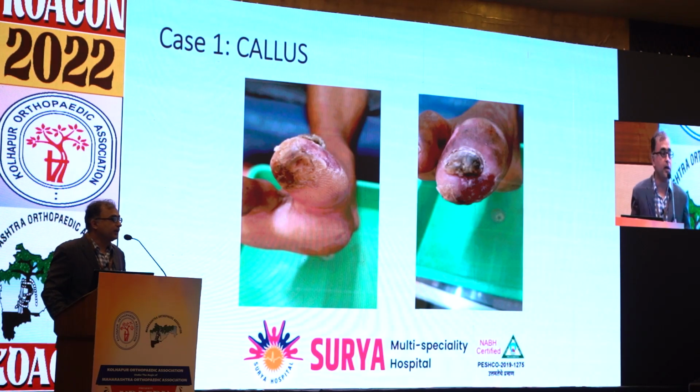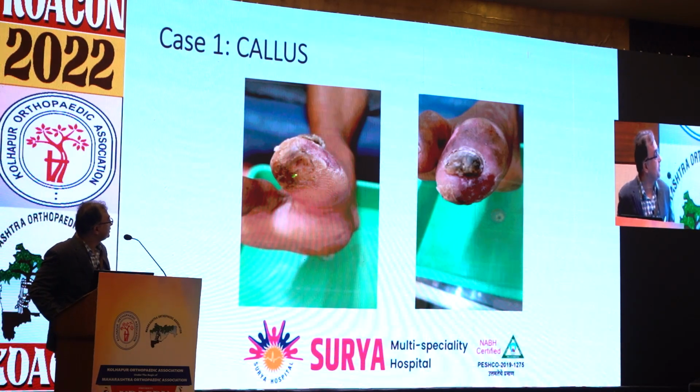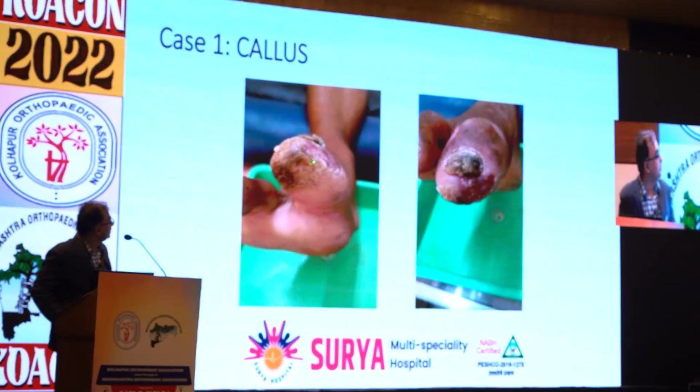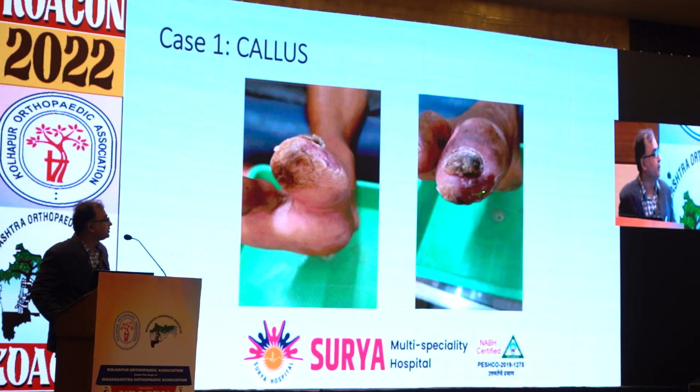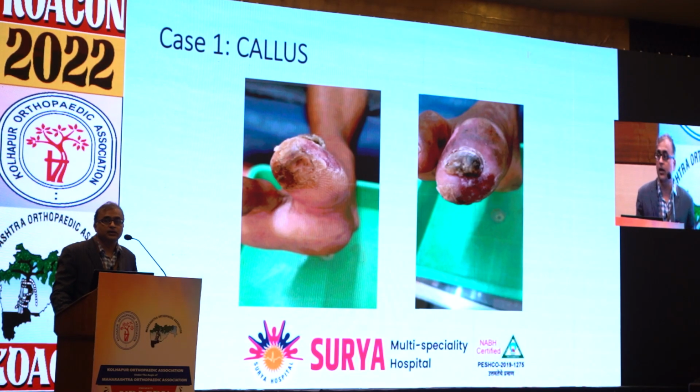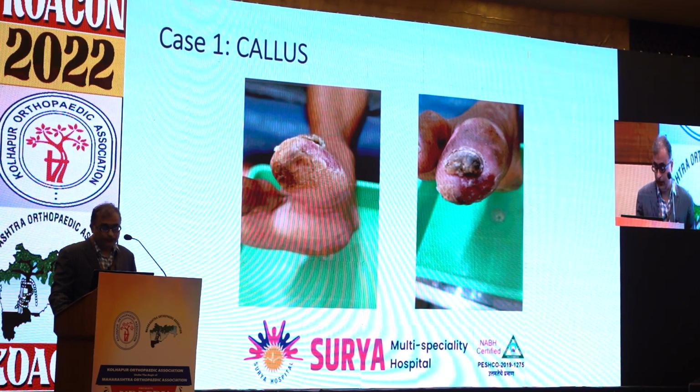So now we will go case by case. The first case is a callus, simple. See, in this toe, the thickening is on the plantar side and you just remove this callus. Fortunately, we have arrested it at the hemorrhage site. On the contrary, if this had presented as a wound at the tip of the toe, we would have more called it a neuroischemic ulcer rather than a pure neuropathic ulcer.